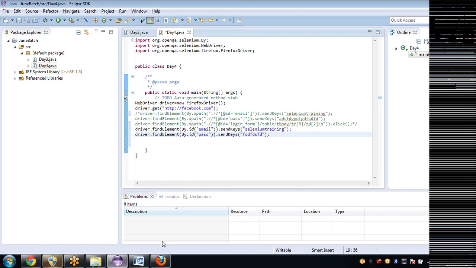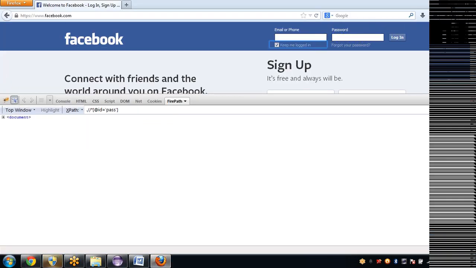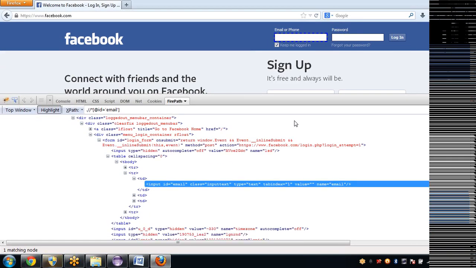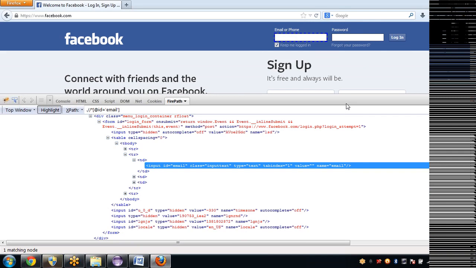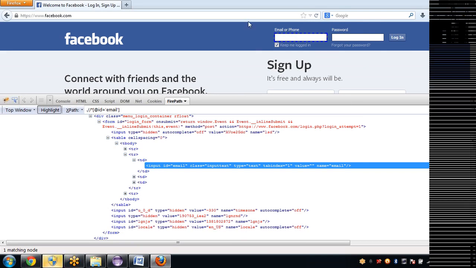For example, come back to this and spy on the email. Does it have a name? See, the developer will assign some HTML properties to this email box. So identify these properties in the blue highlighted part and check whether there is any name property, because that is one inbuilt Selenium identification technique.